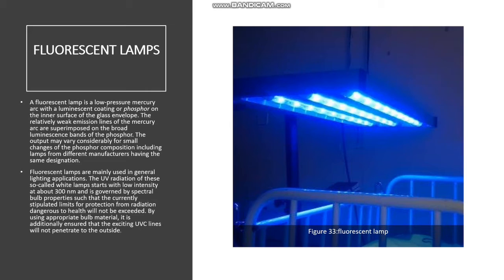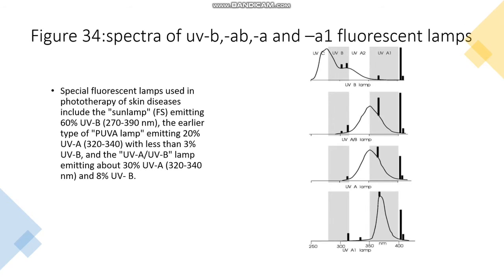The UV radiation of these so-called white lamps starts with low intensity at about 300 nanometers. Special fluorescent lamps used in phototherapy of skin disease include the sun lamp, emitting 60% UVB, the earlier type of UV lamp emitting 20% UVA with less than 3% UVB, and the UVA and UVB lamp emitting about 30% UVA